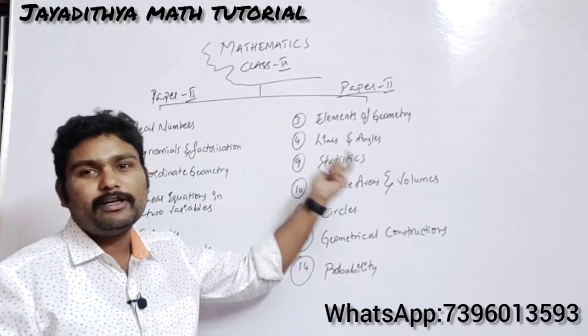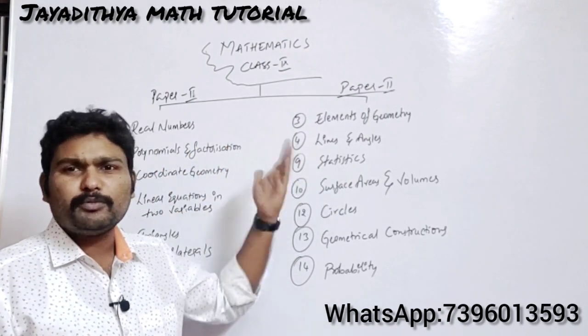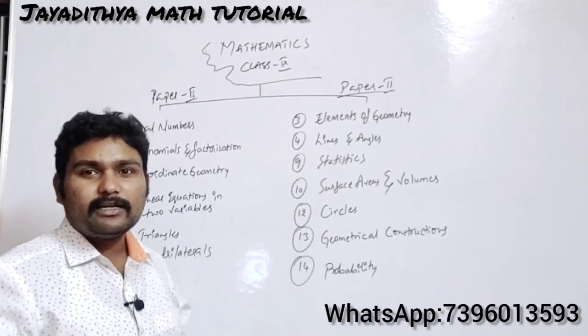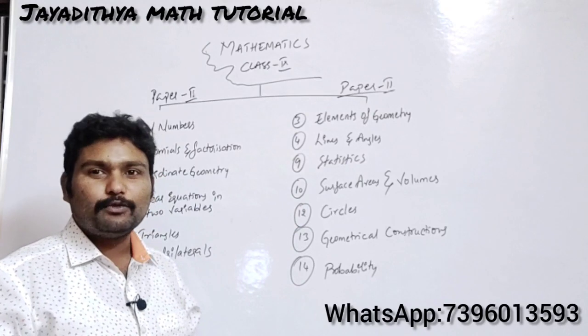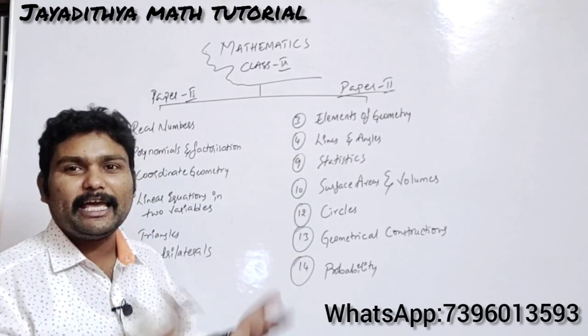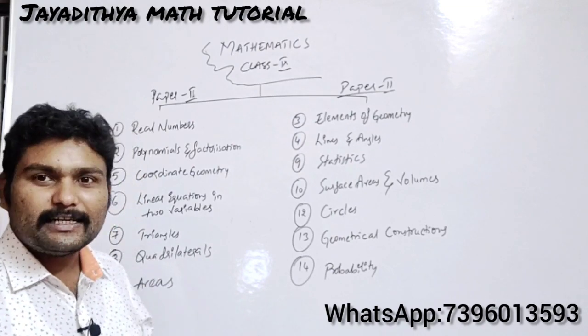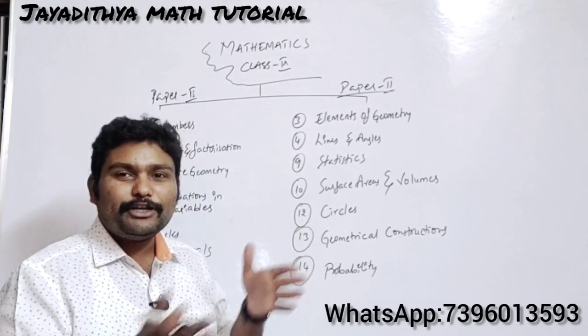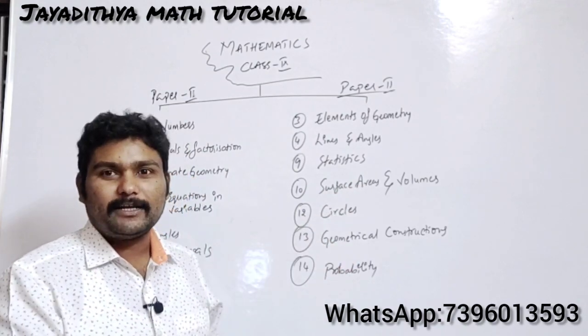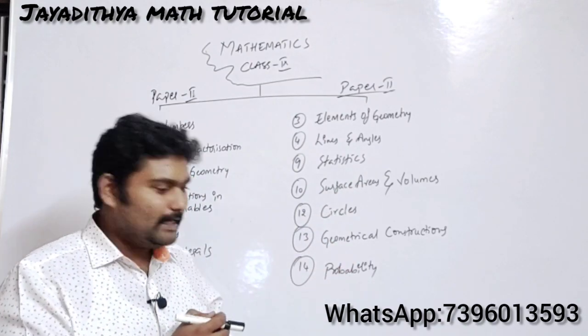In this statistics you will be finding mean, median, mode. You will be having some central tendencies like that. So we'll be discussing that in our statistics chapter. And what is the 10th one? Most of you students will be feeling very light in finding the area of a square, area of a rectangle, like that. Clear? But here you will be talking about 3D solids now. You will be finding the surface area of a 3D solid.